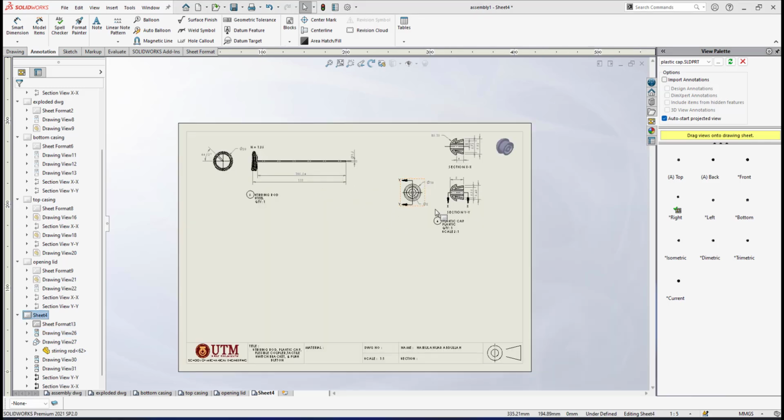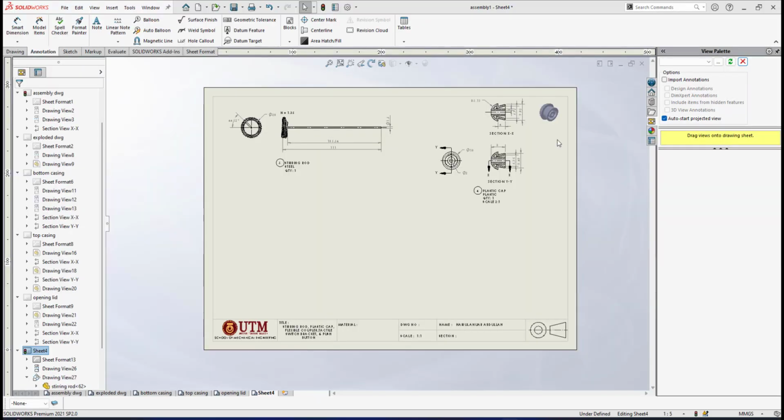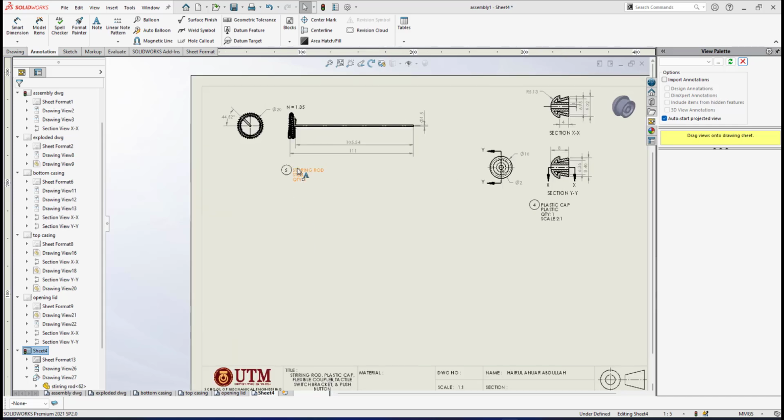Okay, now I put both the steering rod detail drawing and the plastic cap detail drawing in the right position. Now I will show you how I will do the detail drawing of the other components. Before I put the next component for the detail drawing, which is the flexible coupler, if you look here,